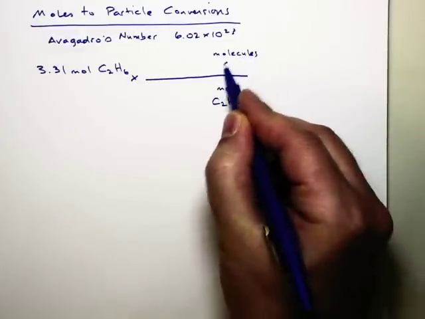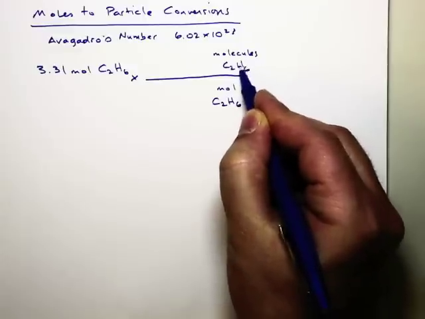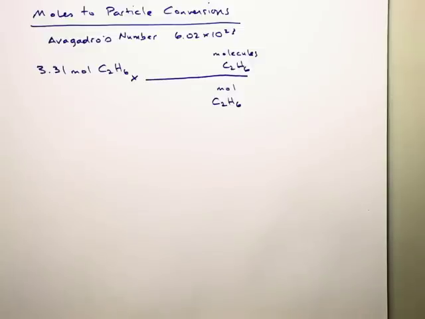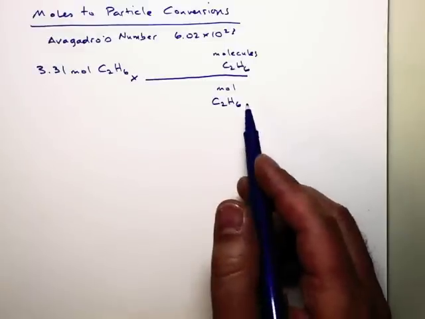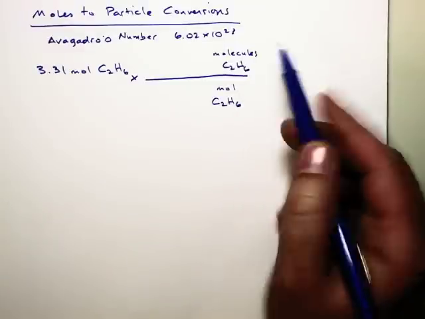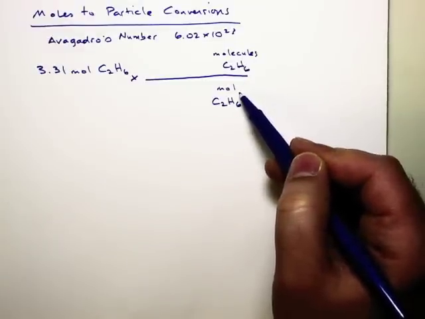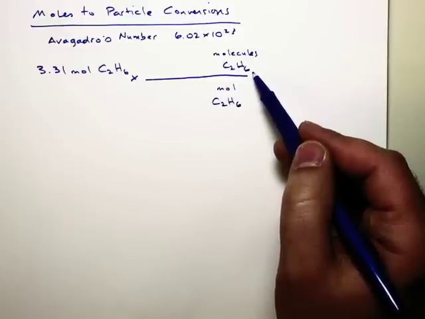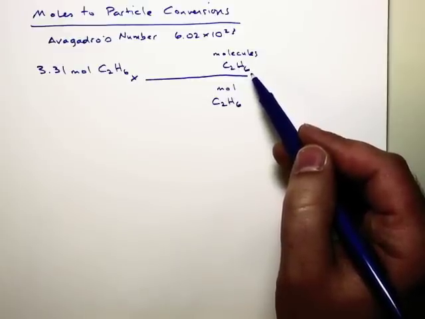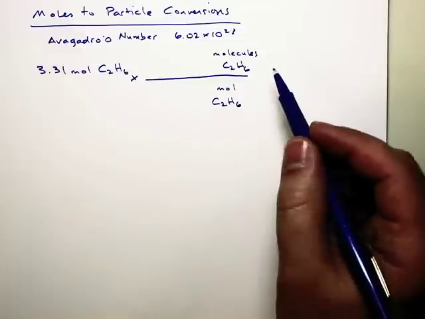Molecules of C2H6. Now, unfortunately, we don't have an abbreviation for molecules because we already abbreviate mole as mol. So we just got to write that out. Now, the question is, what is the relationship between moles of anything and molecules? 1 to